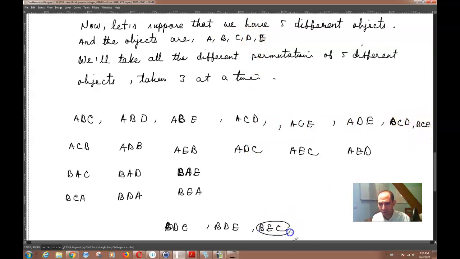Which this one actually comes over here. So BEC, right? BEC and BED. So BED comes over here. Now I'm not going to do all of these, and of course you need to start with C, start with D, start with E, and so on and so forth. But what will happen over here is that,